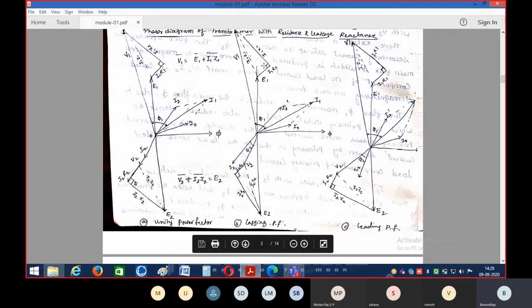Okay. Similarly on the primary side we have to draw. So this is I1, right? From minus E1, if you draw a parallel line with respect to I1, that drop represents I1 into R1. This is the voltage drop due to the primary winding resistance. The drop due to resistance is always in phase with the current only. So with the same phase as the current line, we will draw the voltage drop due to the resistance.